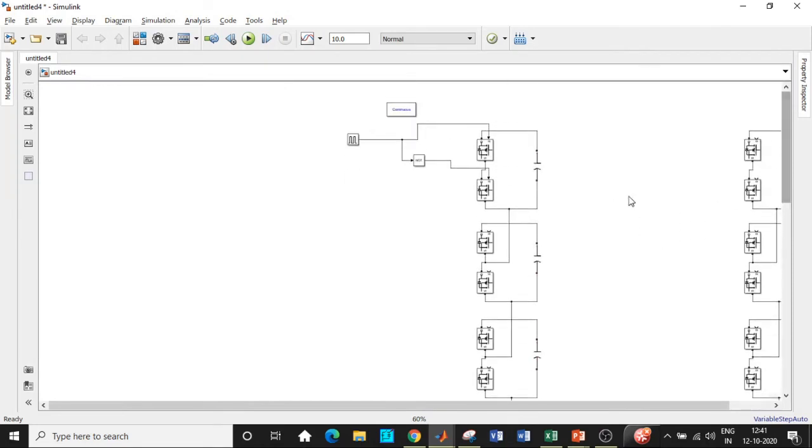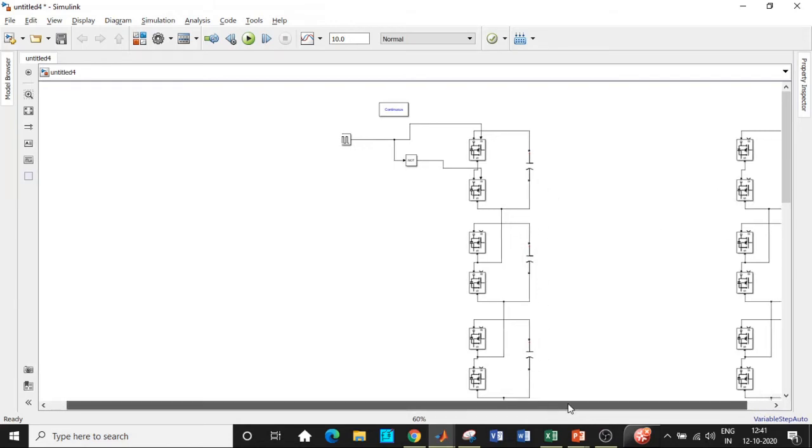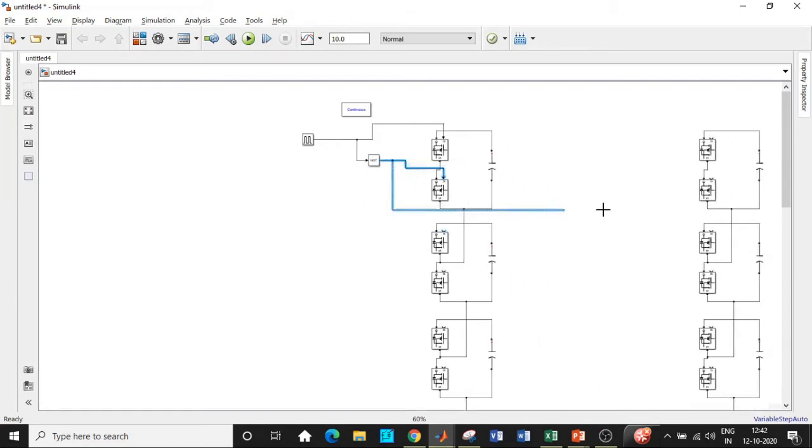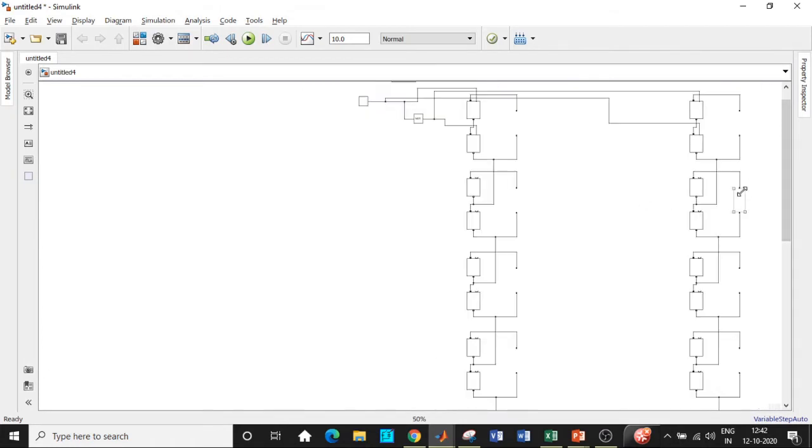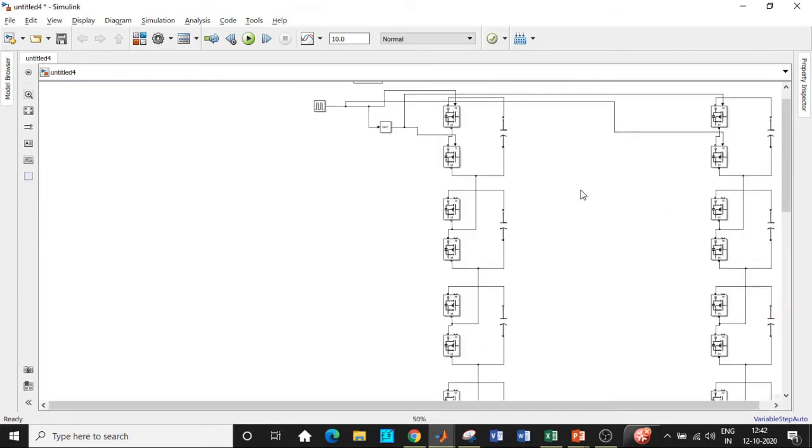Once this is done, we have to do another portion of the circuit, that is with respect to the upper bridge that is here. So connect this from this point. From the NOT gate, it should go to the upper leg of the switch, and from the normal point where the pulse generator is, you have to give it to the lower level of the bridge. So this is the sequence in which we have to connect them. So the first half bridge, the chopper cell, we have constructed. We have to repeat the same for all the other modules as well. So be very careful, do it slowly, and take a lot of time with it.